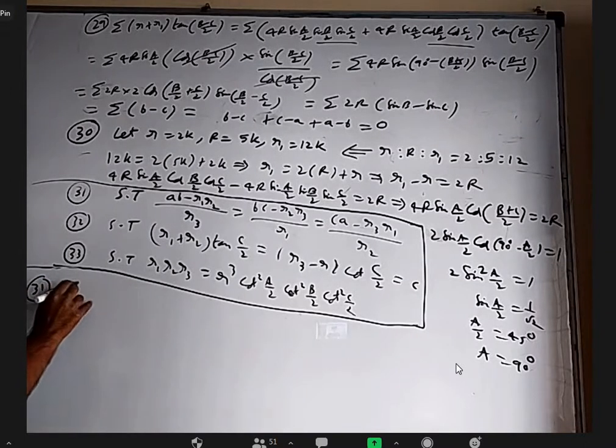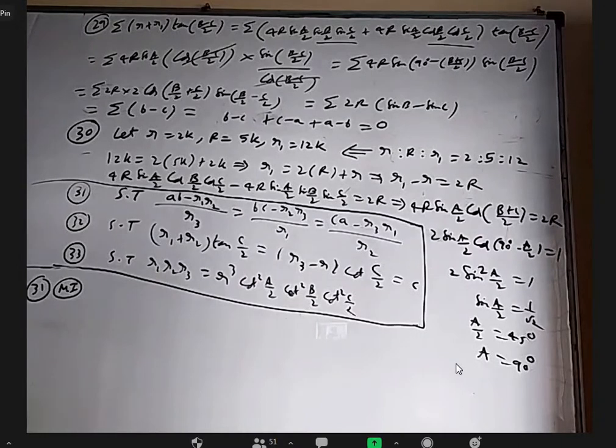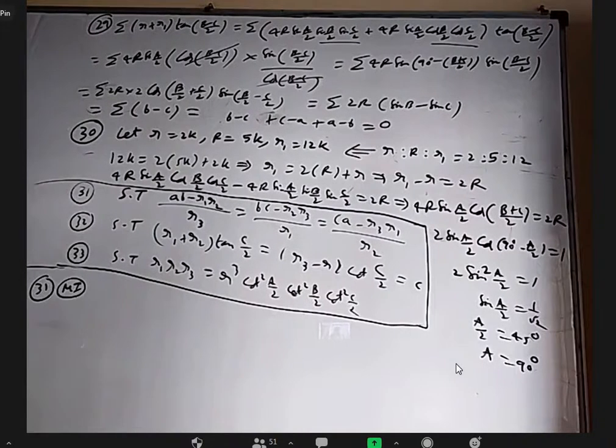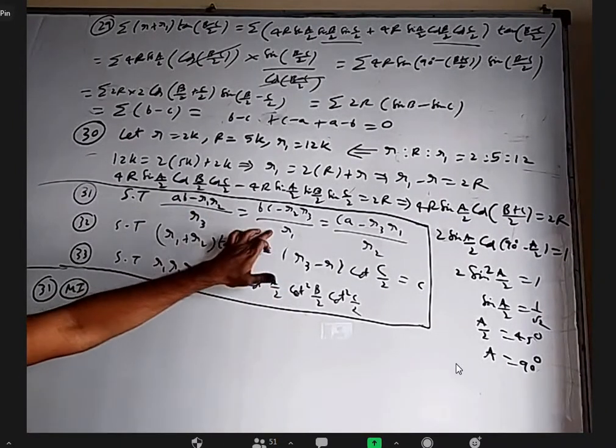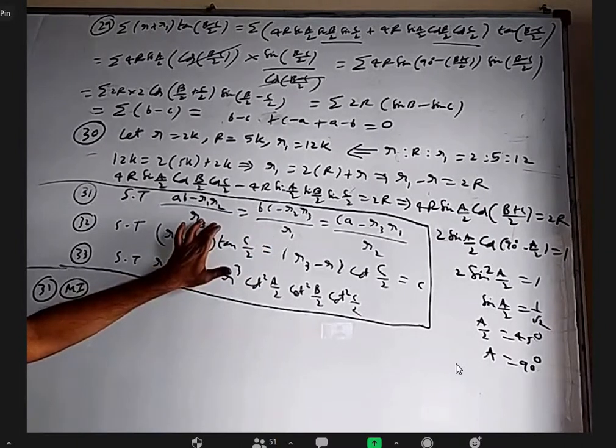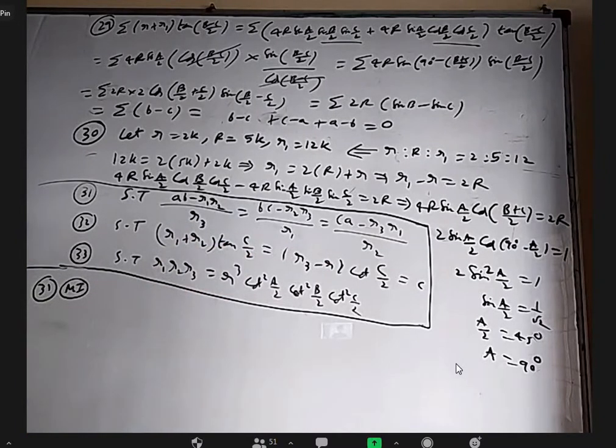Okay, 31. You can use 4r sin A by 2 and those formulas here, and here you write 2r sin A, 2r sin B, and C. If you can take something common, maybe sin A, sin B itself will come common. When you have to prove three things equal like this, it is not necessary that from here you should get this. You can prove this is equal to something, this is equal to something, and this is equal to something, and prove all three are equal. That way also it can be done.